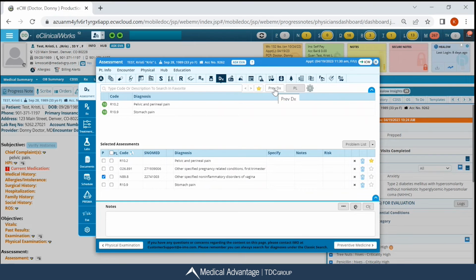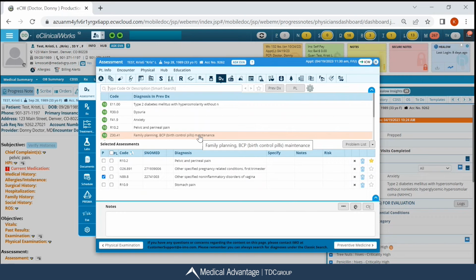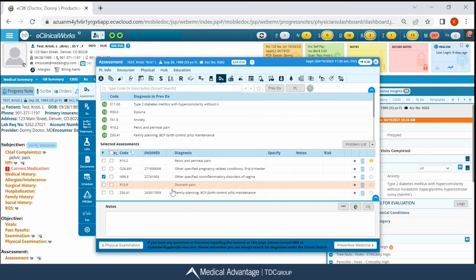I also have the option to search by a previous diagnosis. So this is going to show me anything that was in my patient's chart previously. This is not provider specific. This is just in general any assessment that has been used for your patient. So same thing applies here. I can click on it to just quickly make my selection, and then it's going to drop under my selected